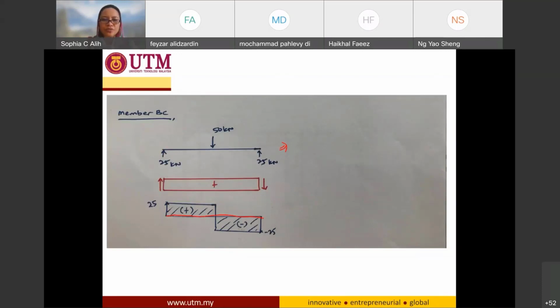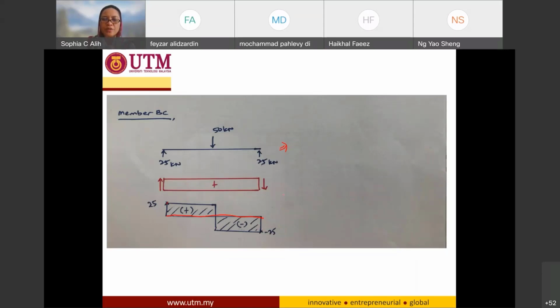Okay, so for shear force, positive is towards the upper line. So positive 25, and this angle here, since it is in the opposite direction, it has to be negative. Negative is in the bottom part of the line, so negative 25. How can I connect these two